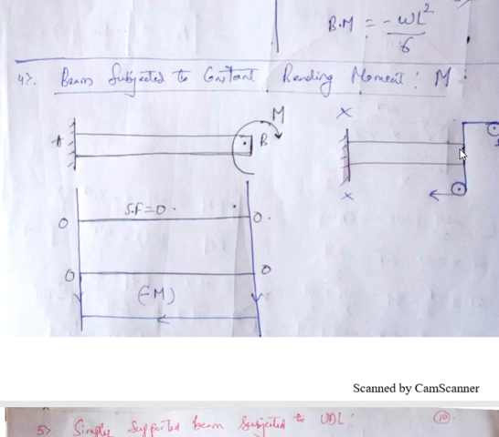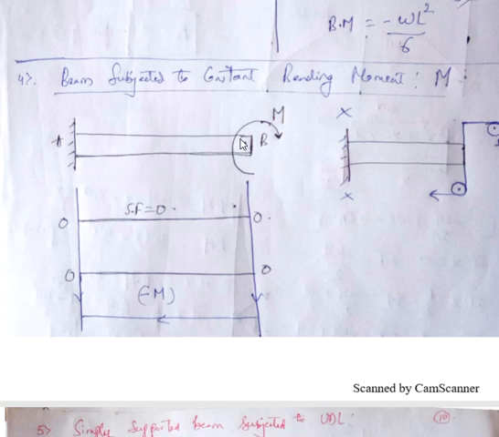So because of this, a clockwise movement is applied onto the beam, and this clockwise movement will bend the beam in downward direction. Because look here, when I'm pulling right and pulling left, obviously, if you can imagine it, the beam is going to bend down like this. Now this type of loading is called constant bending moment loading, because the bending moment is the same throughout the length of the beam. It is not going to change.